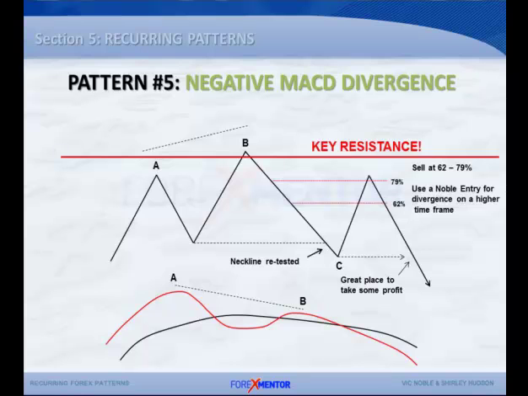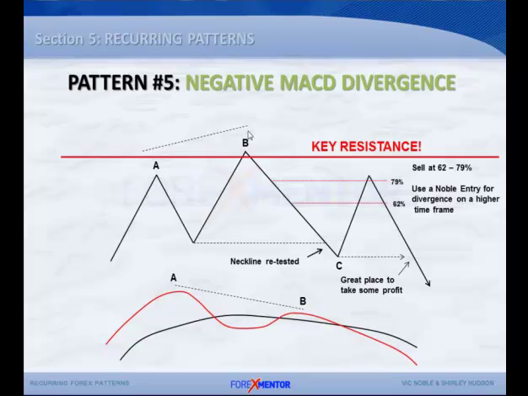And this is what a MACD sell setup would look like at what we call negative MACD divergence. And of course, it's just the opposite of the buy that we just looked at. And here's the thing, very important. Price has to come up and hit a key level of resistance on a higher time frame chart. Very important. And then we get this negative divergence condition where we have from A up to B,